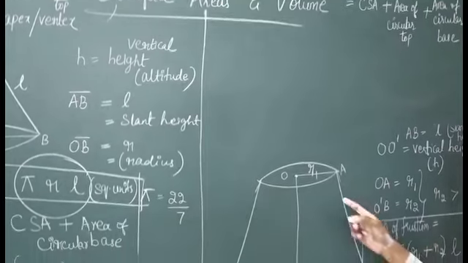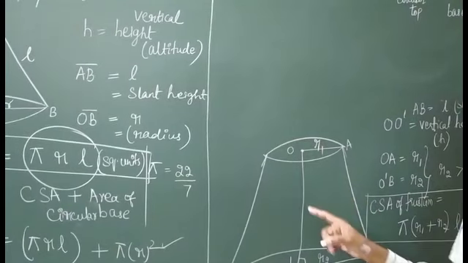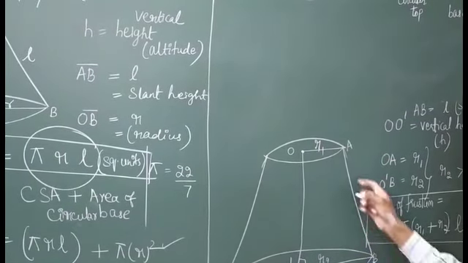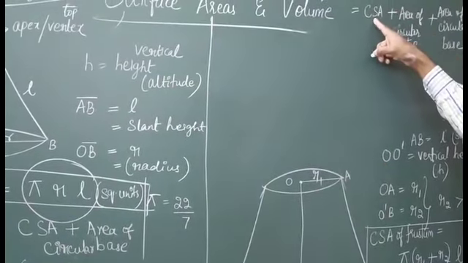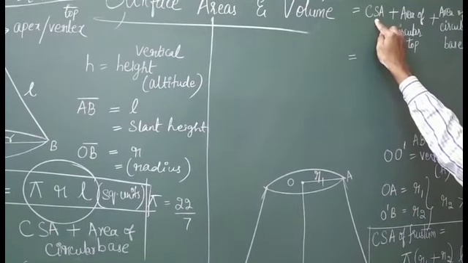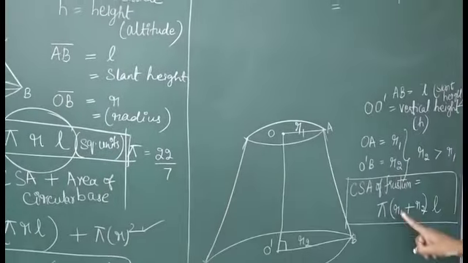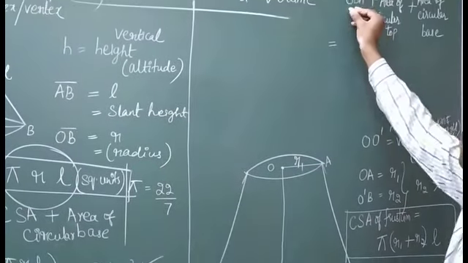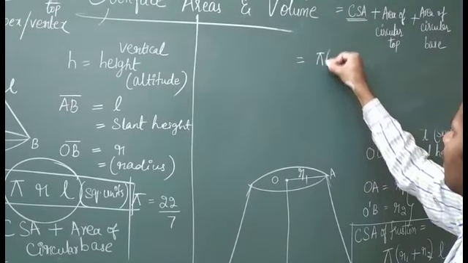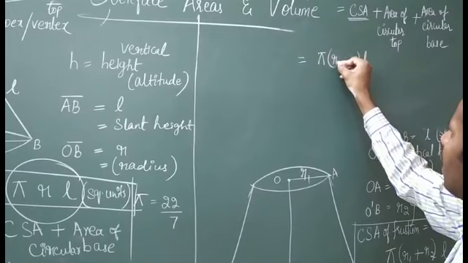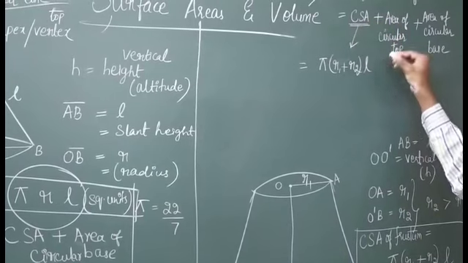Followed it? If I just take into consideration only the curved part, as we noted in the previous example for a cuboidal room, the four walls of the cuboidal room are just the curved part of this solid, which is nothing but the curved surface area. The curved surface area of the cone was pi r L, right? But for the curved surface area of the frustum of the cone, we have this formula: pi, L, R1 plus R2.